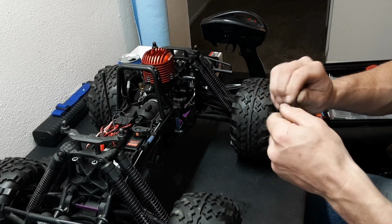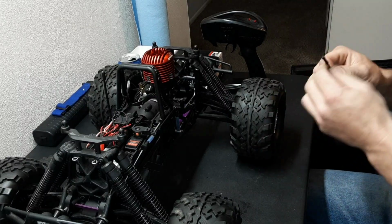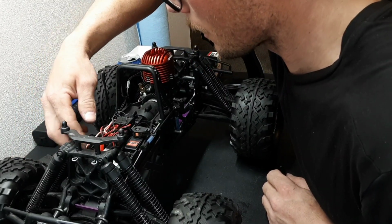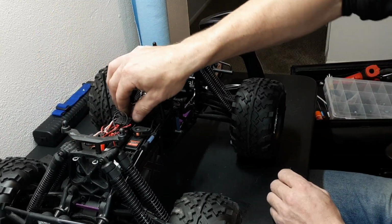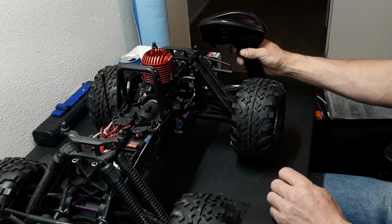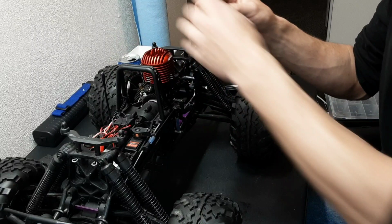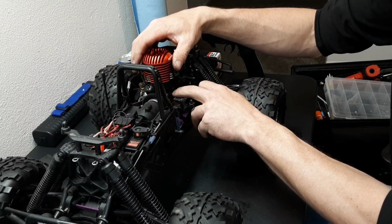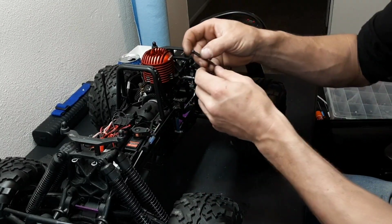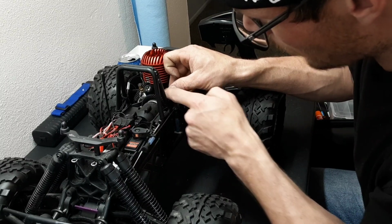So we're going to thread this guy on here a little bit. Okay, we are going to turn everything on. We're going to make sure everything's at a neutral position, and we are going to check. Obviously you have to get the motor sitting kind of where it needs to be, just snug it up against the spur. A little bit of error is okay in this because we can always fix it at a different part of the linkage. But what we want to do is measure the ball length from here to the